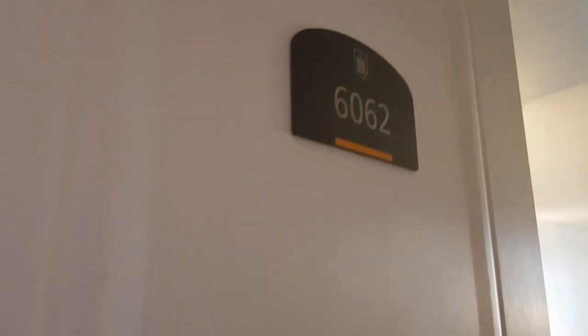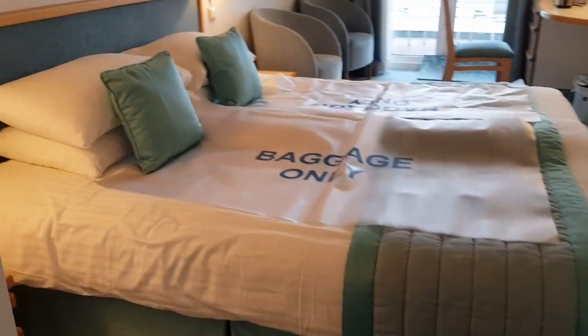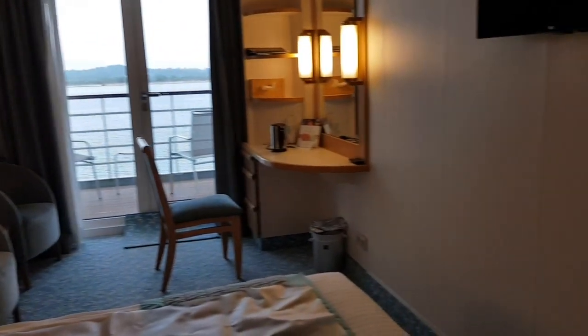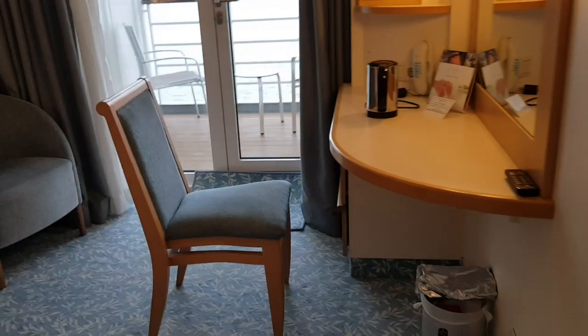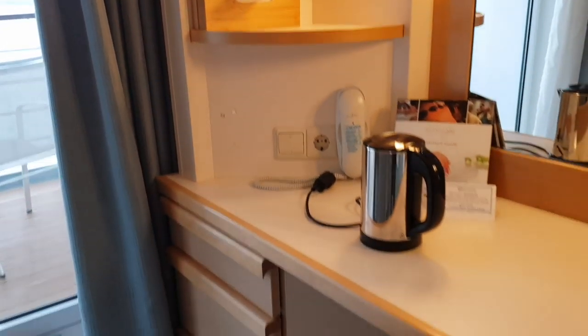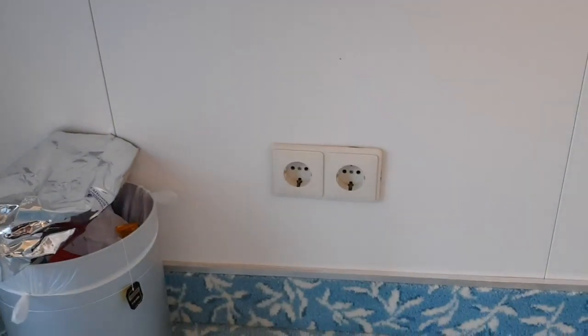So this is cabin 6062, which is a balcony cabin on the Braemar, which we're just getting off the ship, but we're just having a peep. So as you can see, it's got a really good floor space. Really nice and big. Dressing table mirror here. One plug there, and you've got a couple of plugs down there. So two seats, and